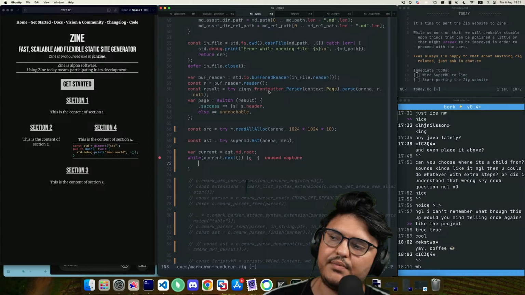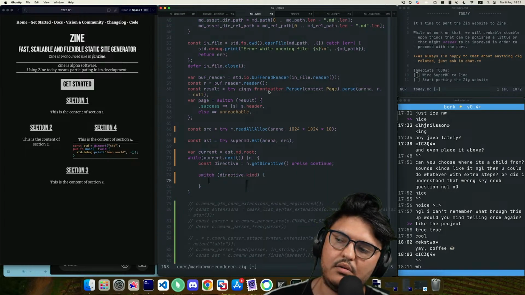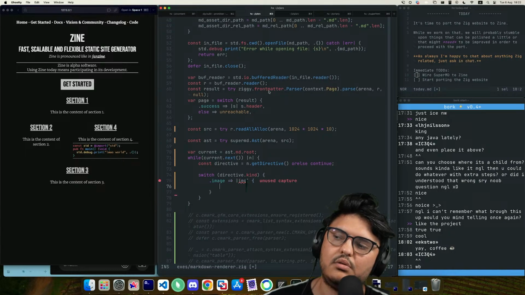While current.next, directive is n.get directive, or else continue, switch directive kind, and then we want for image, what do we want for image?